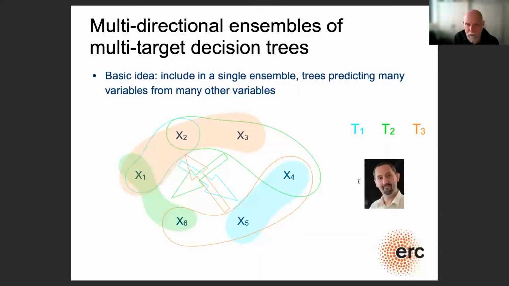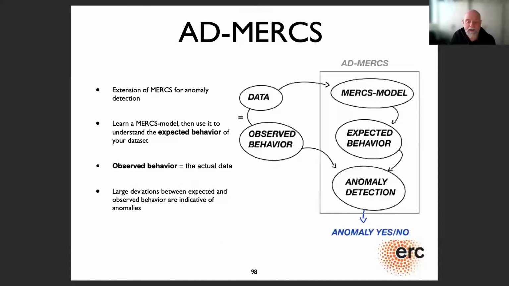But here, what it would do is you have like 6 attributes, and some of the trees would, for instance, predict the green tree would start from X2, X3, and X4, and would predict X1 and X6. And there are quite some interesting questions that you can then tackle, like if you want to use the resulting trees to make a prediction, and there are multiple attributes missing, in what order should these decision trees fire? But that's one of the ideas that you have there.